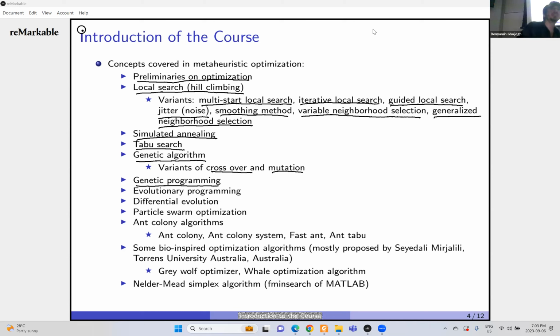These are different. Genetic algorithm and genetic programming are different, although they use the same fundamentals. Evolutionary programming,